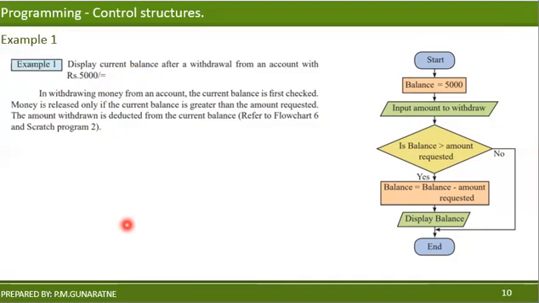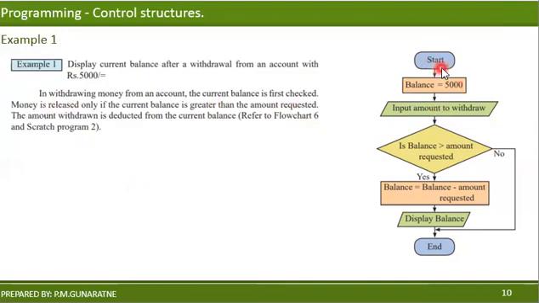So first we take the input, then we are going to verify whether that amount is possible to withdraw or not. Then if it is possible only, right? So that is the condition. If the possibility is yes, then we are going to withdraw money and show the balance. Otherwise, if it is not possible, then we have to tell the user it is not possible. Okay, right. Let's go to the process.